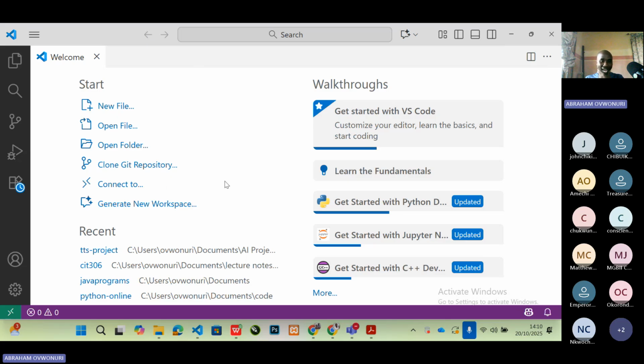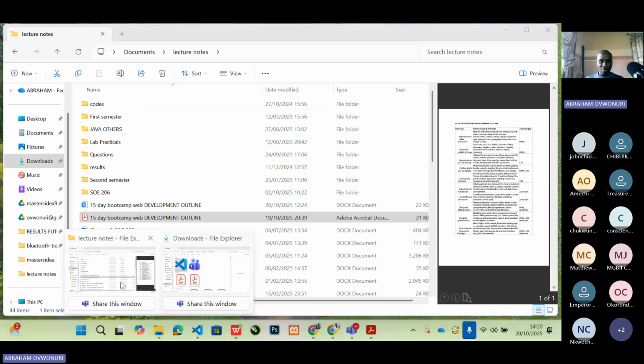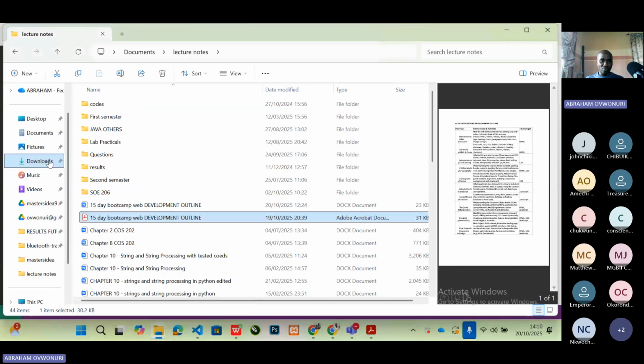So this is where we are going to be doing some of or all of our jobs. The next thing I normally do, which is a very good practice, is to create a folder where you will store all your designs or whatever you're doing. Create a folder where you store them. And I don't like creating that folder on desktop. So what do I do? I'm going to close this VS Code now, or I can leave it, but I'll go to my documents